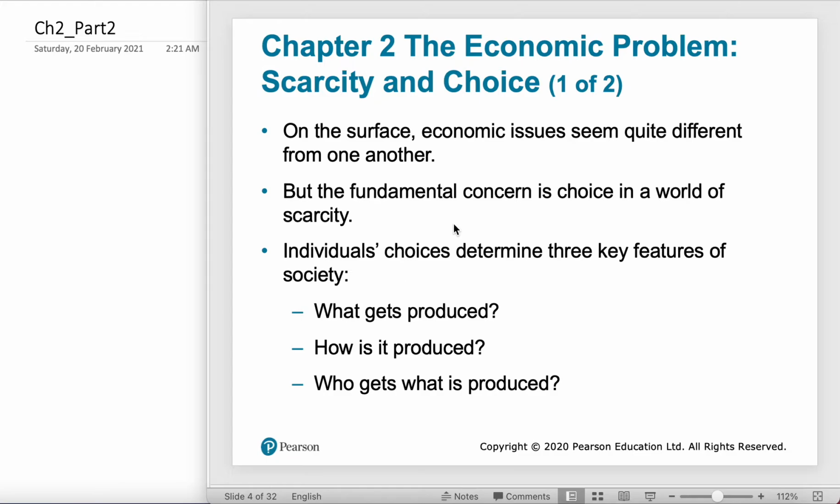So, be it at individual level, be it at country level, be it at a group of people, collective units of individuals, be it in a family, people must make choices because they are facing scarce resources. So individuals' choices determine three